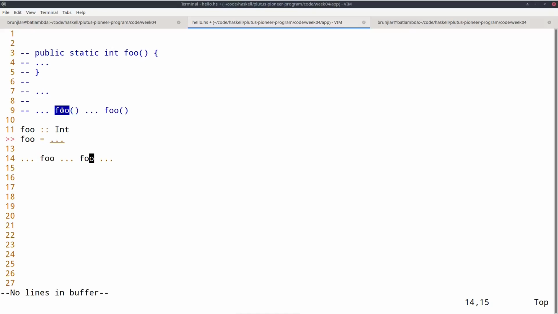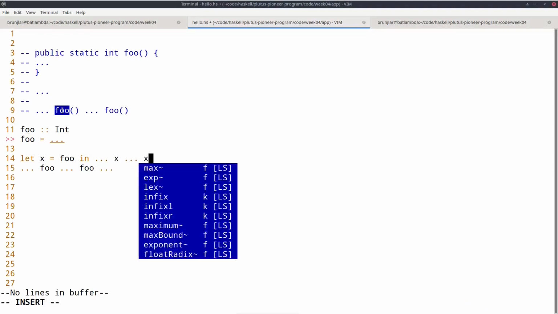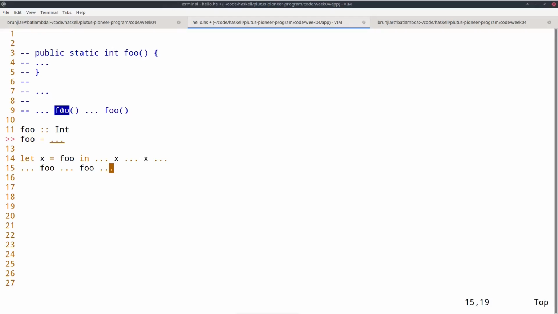And that, for example, makes refactoring very easy, because I can just replace foo everywhere by 13. Or I could do something like let x = foo in, and then do the same code as before, now with this local variable x.